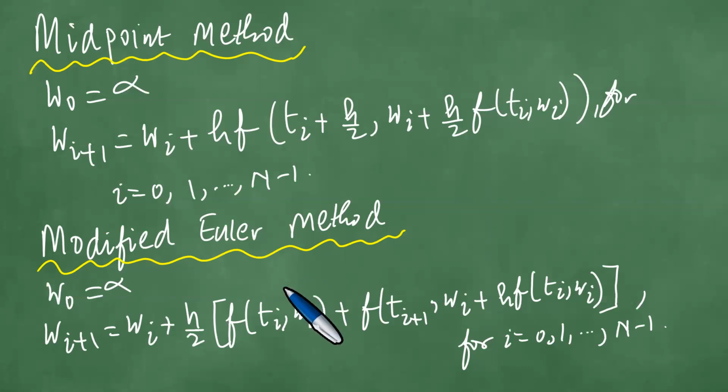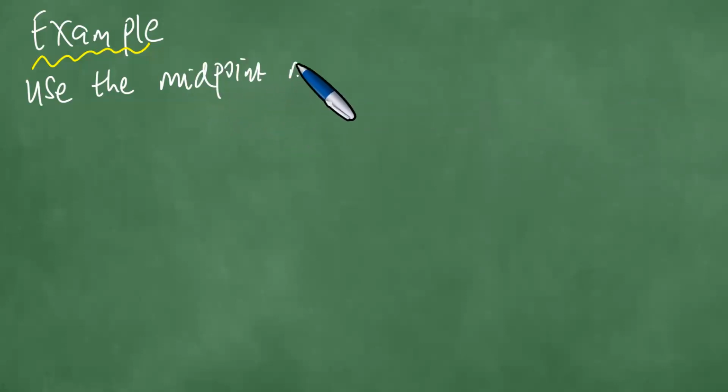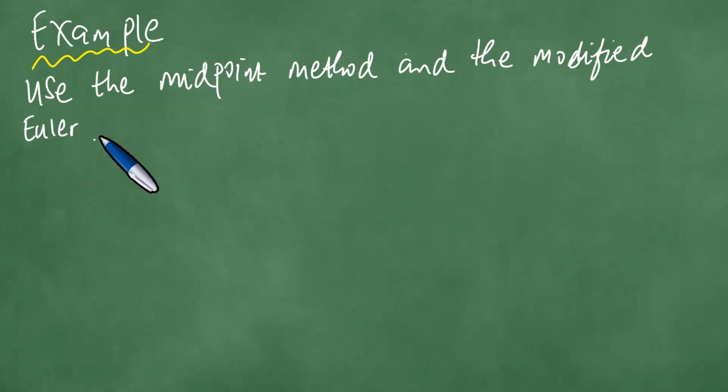Let's look at an example that uses these, as we shall use this in the past exam question of November. How do we solve problems that require the modified Euler and the midpoint methods? This example says use the midpoint method. The midpoint is not popular in the exams, but the modified Euler is; we saw it in November. Use the modified Euler method